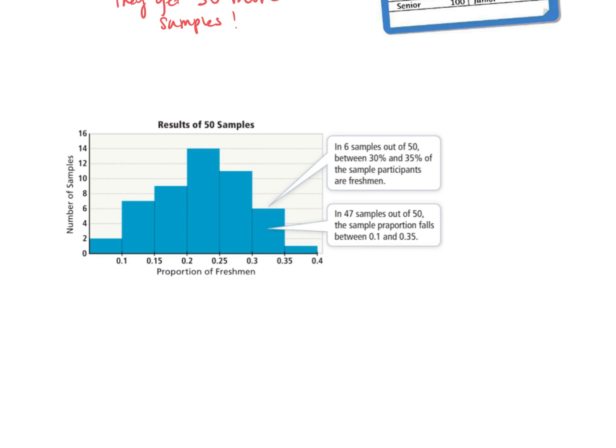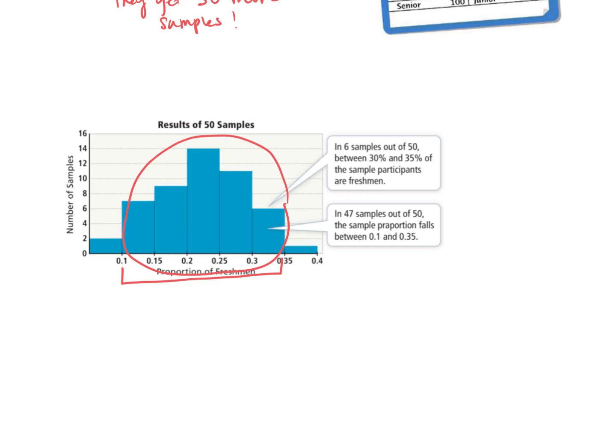I just kept getting thrown off by the typo. This should say proportion, P-R-O. The sample proportion falls between 0.1 and 0.35. So from 0.1 to 0.35, this is most of the samples out of 50. Because most of the samples are giving statistics of the proportion of freshmen being between 0.1, 10%, and 0.35, 35%, what we're being asked is